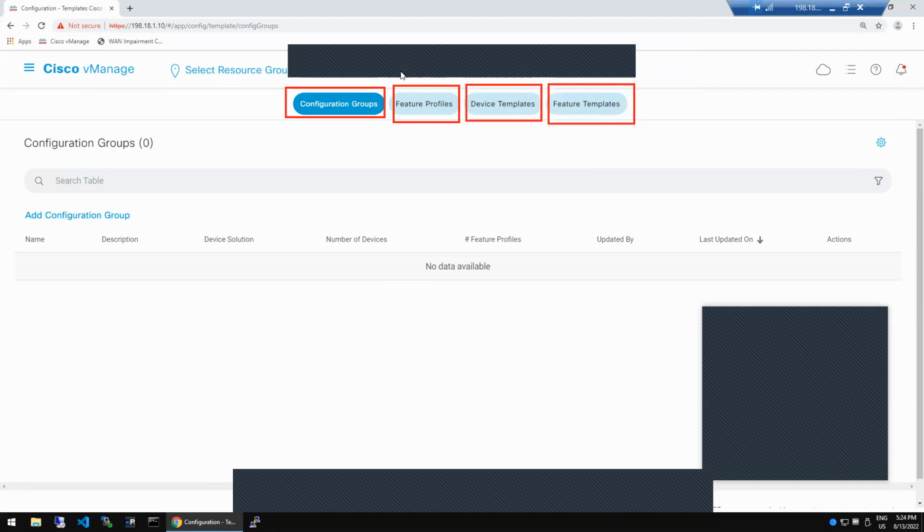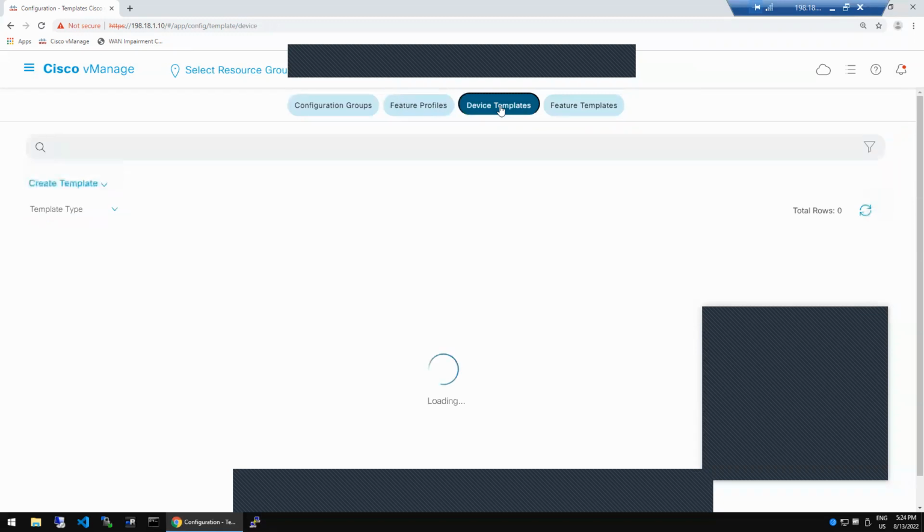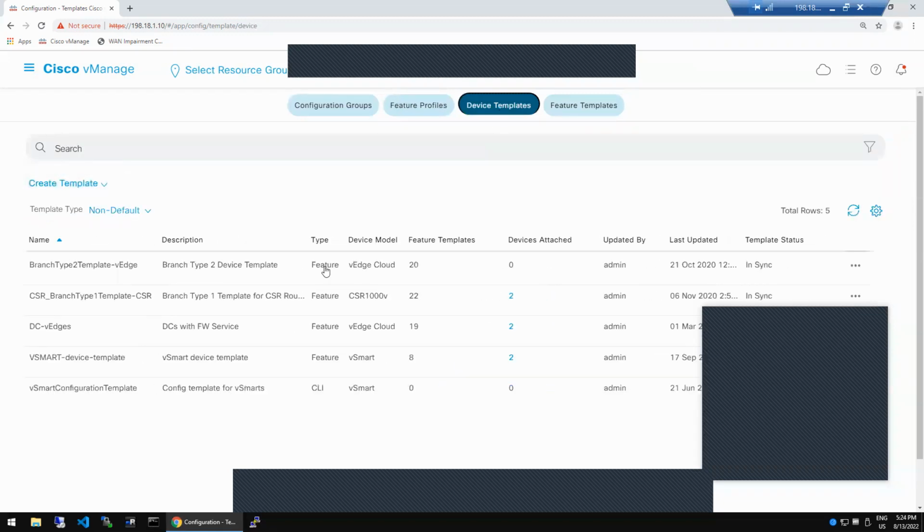We have discussed earlier that many feature templates can be inside a device template. So you can go here and click device template because we want to see what is there in the device template. So we have one device template called